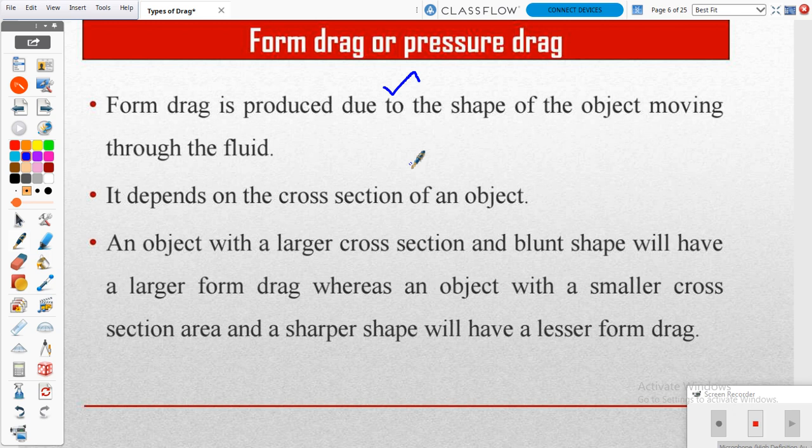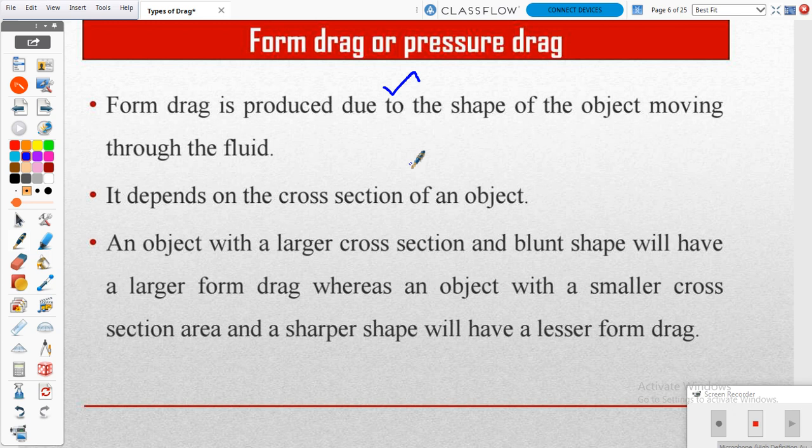The maximum aerodynamic drag will be created for the lorry. Why? Because the frontal surface area which interacts with the air is approximately vertical. It does not let the air flow to the back side of the lorry, so we can't attain the maximum speed. That's the reason.